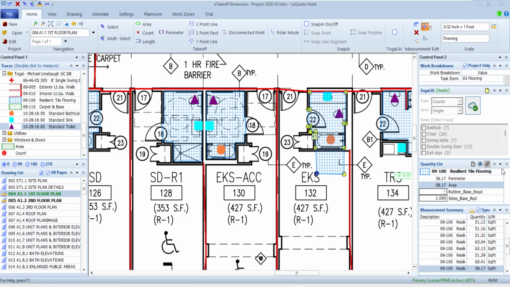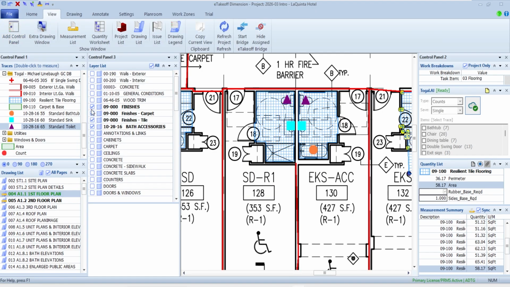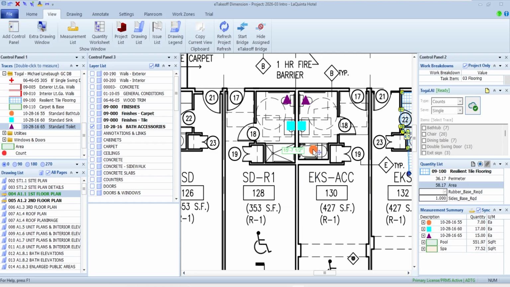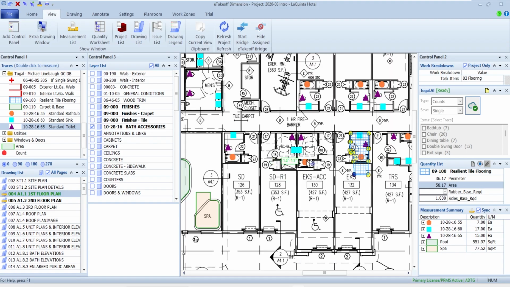If I modify anything, so let's also say, let me go back to view. And let's turn off for a moment the tile and carpet. So let's say for some reason maybe you got a different tub count or anything like that. You could be deleting quantities off of things and so forth. Also, I could be adding more quantities. So whatever it may be that I could change on the image, I could go back and actually focus on those and change them around also.